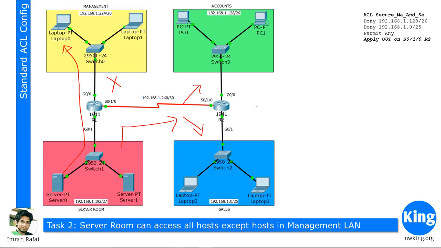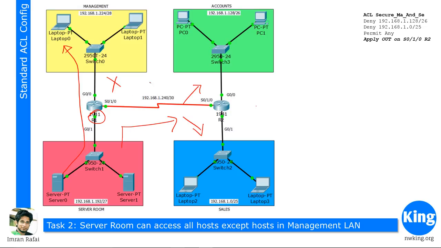So first, let's identify the data flow path. The data flow path for server to communicate to management is this. That means it goes through G0/1 of R1 and then gets out of G0/0 of R1, right? So if I'm going to put a standard ACL which says deny 192.168.192, and if I put it in G0/1, what will happen? Like I said, standard ACL is source IP address. So every